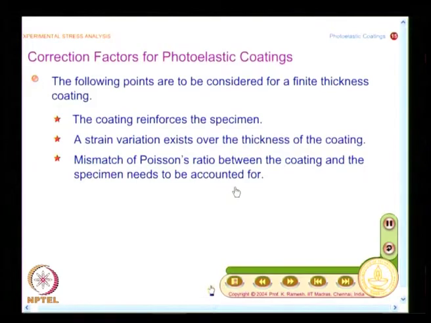And what we would do cleverly is, we will develop correction factors for many of the simple loading situations, assuming that there is no Poisson's ratio mismatch. So, we will have some kind of corrections, and we separately address certain classes of problems. You could also accommodate Poisson's ratio mismatch. Only for those classes of problems we will bring in how to accommodate